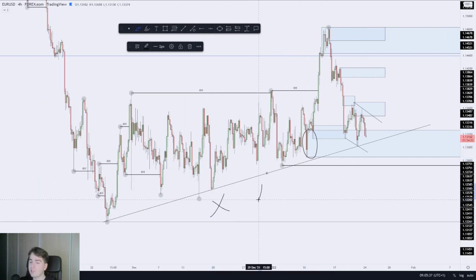Furthermore, we have this liquidity trend line. I pretty much think that we are going to kind of dive below it. Just going to keep my eyes out for this fake out on the second low and third trend line touch. I'm still looking for a little bit further downside on euro dollar for today.